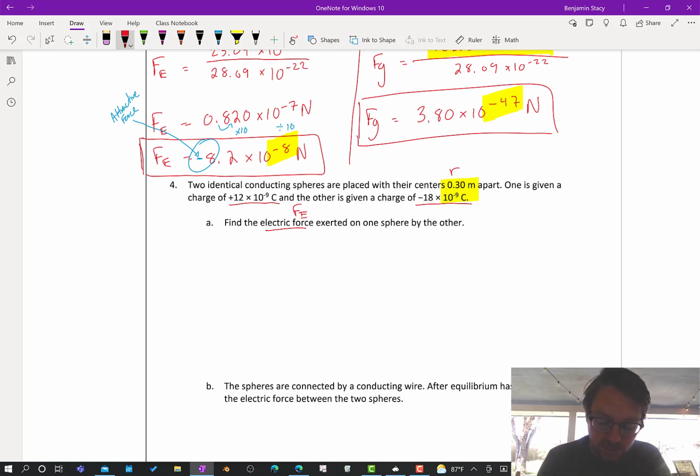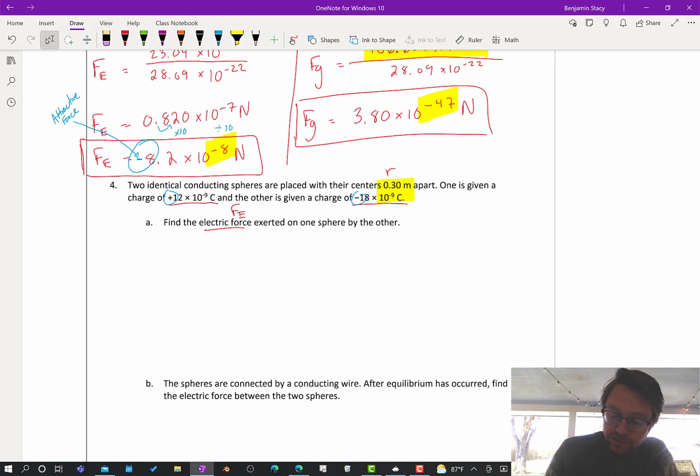So these guys are going to be, first think, attractive or repulsive. One's positive, one's negative, so they're going to be attractive. So whatever force the one charge exerts in pulling the other one, the other charge exerts the same amount of force pulling back in the opposite direction. That's still Newton's law 3,